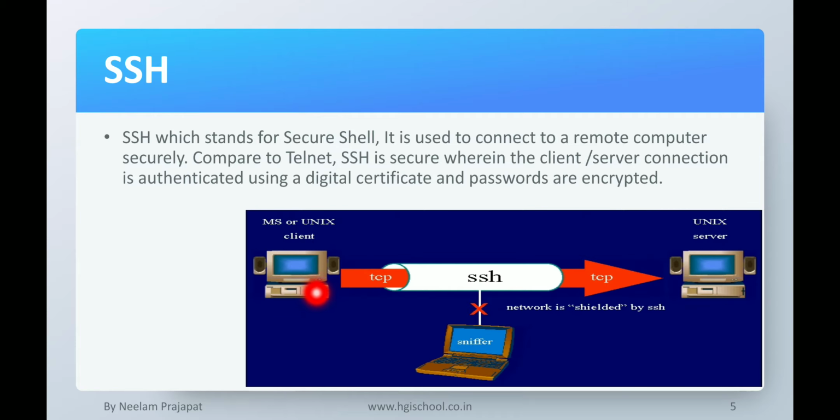So if you are sending the request using SSH from the client computer, then the connection between the client and server computers will be totally secured. That means a digital certificate will be sent, and the passwords will also be encrypted. Here you can see, if there is a secure connection, then sniffers cannot attack the computer.